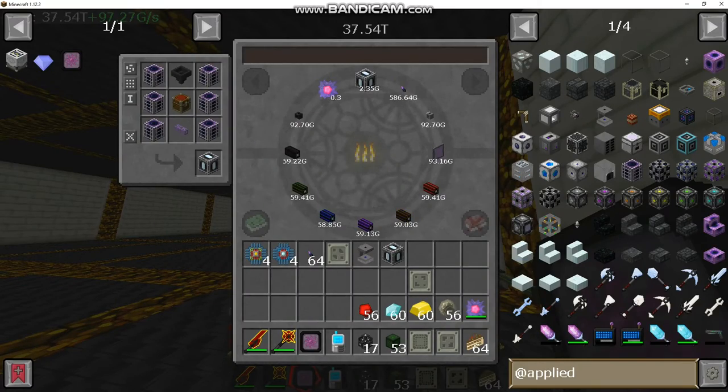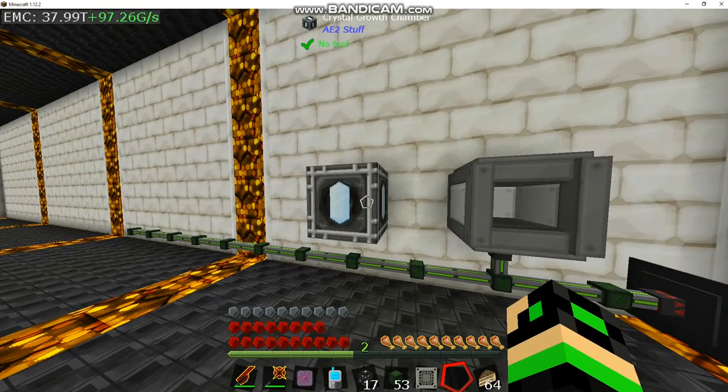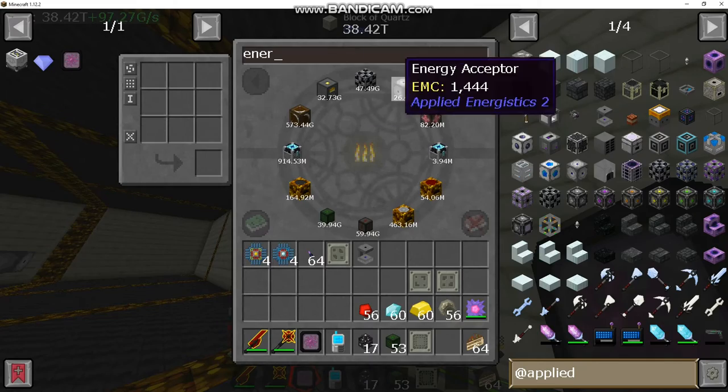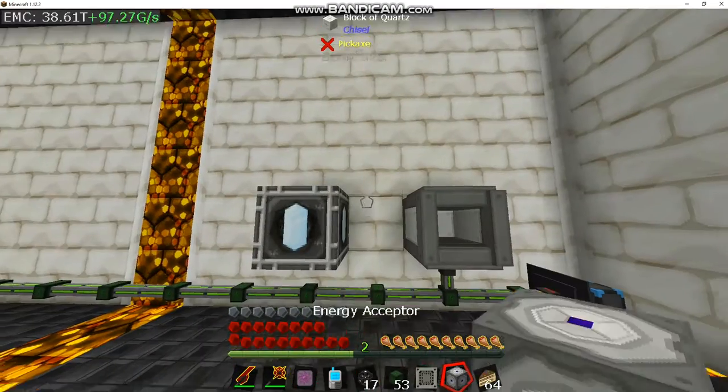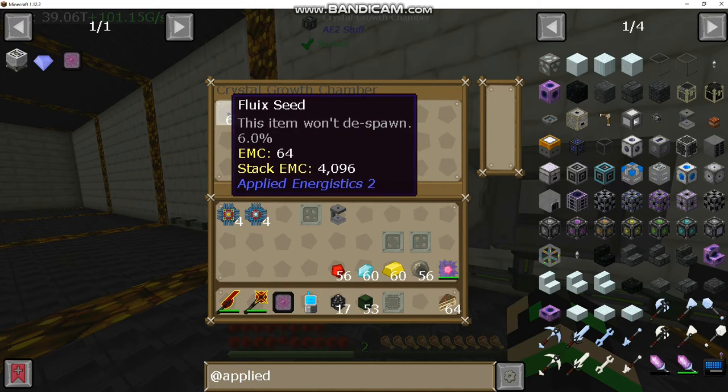Crystal growth chamber. So what this bad boy does, if I plonk, oh, it needs an acceptor. Fine. Easy peasy. There we go. If we put these in, it will essentially auto